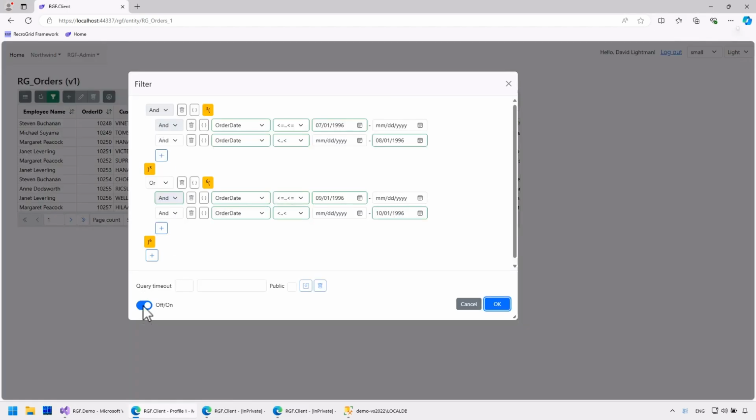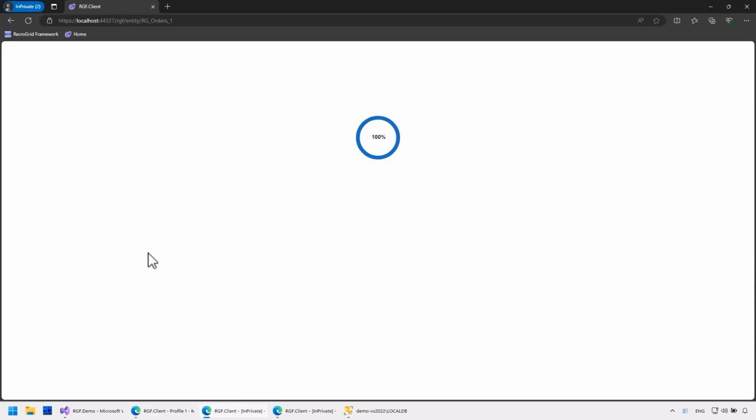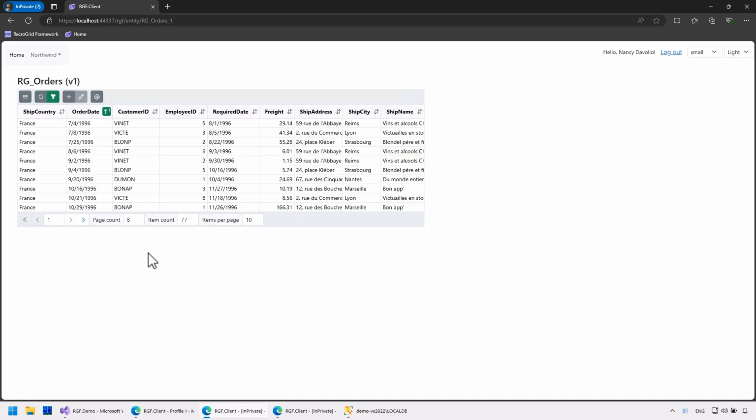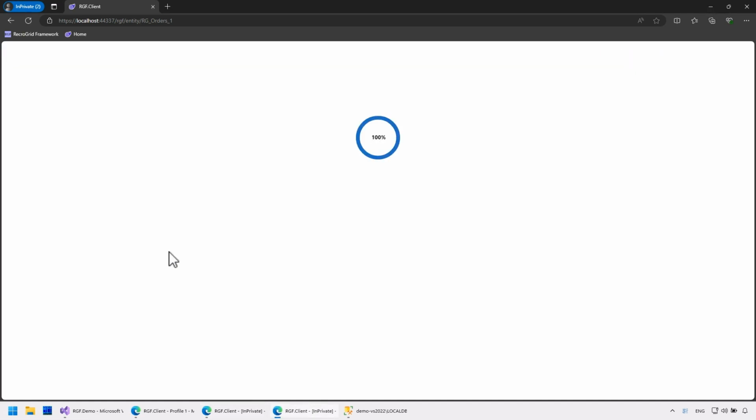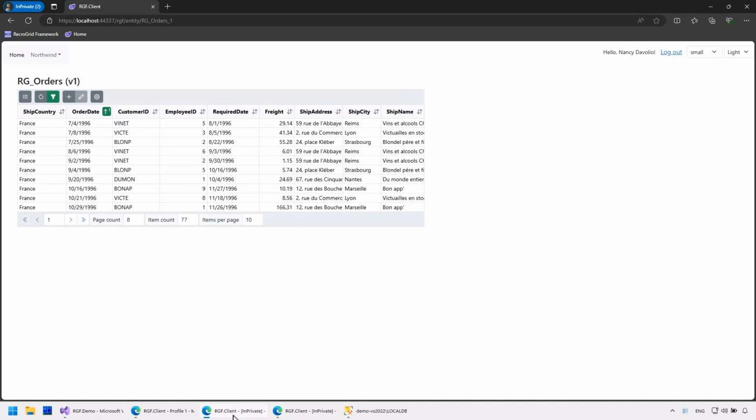If I delete the default filter with David, Nancy will still keep her settings. I refresh the page, and it will appear with her custom setting. Andrew will now see the new settings. Individual settings can be restored to the default display with the Reset Settings menu. This applies to column settings, filtering, and sorting as well.